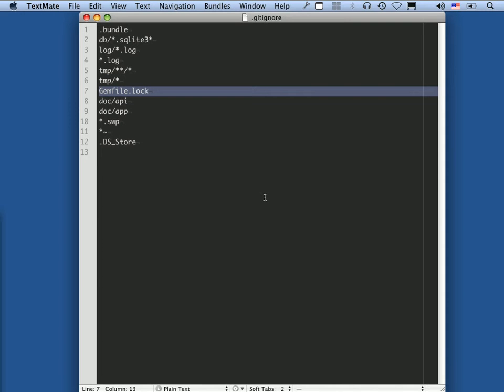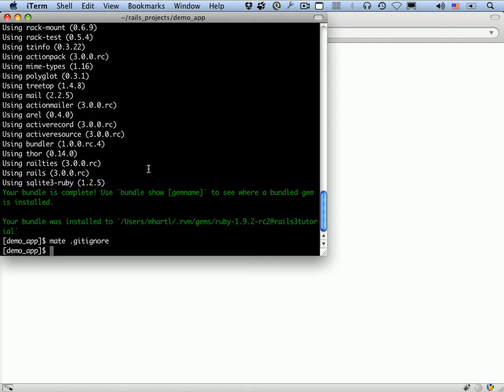And this is why you want to get the version at the website. It turns out that you actually do want to version the Gemfile.lock file. This is based on a recent blog post by Heroku. So this is the one I'm using right now, but as usual, you should use the one on the railstutorial.org website. Now I'm going to do git init,